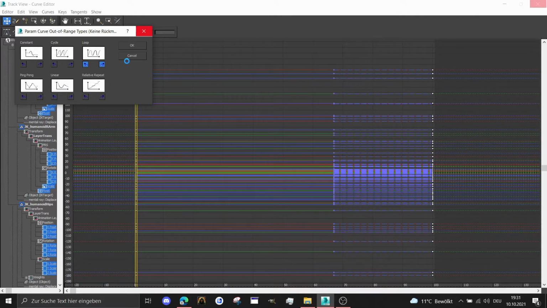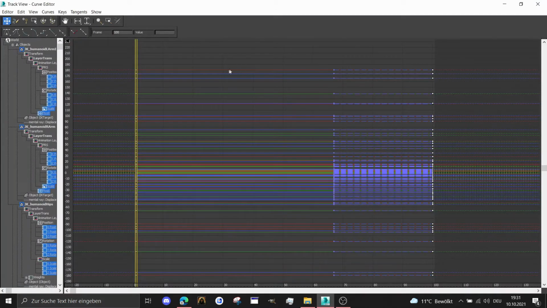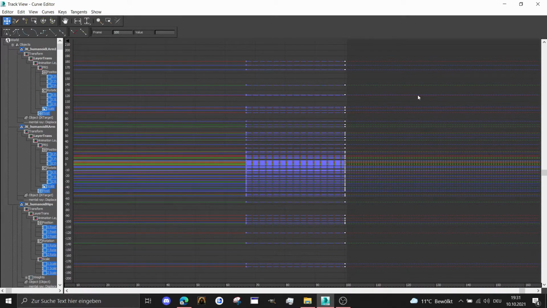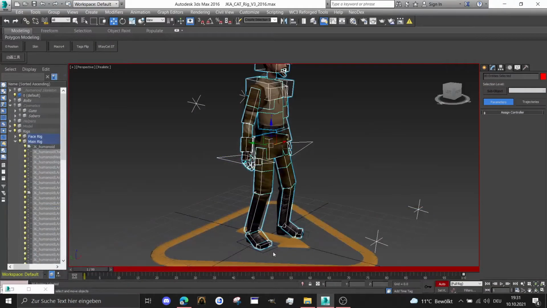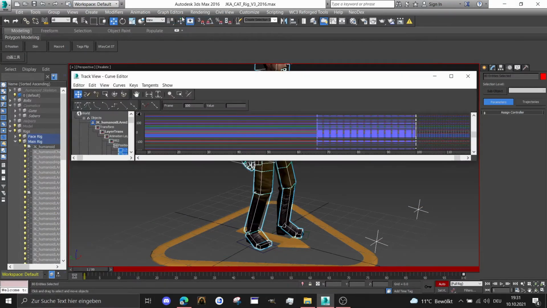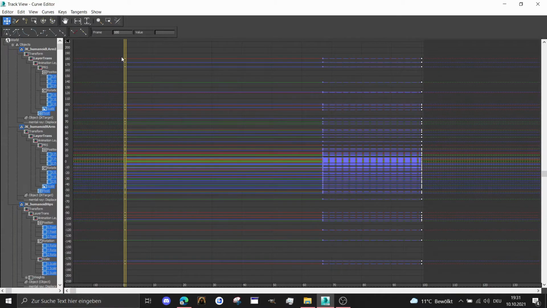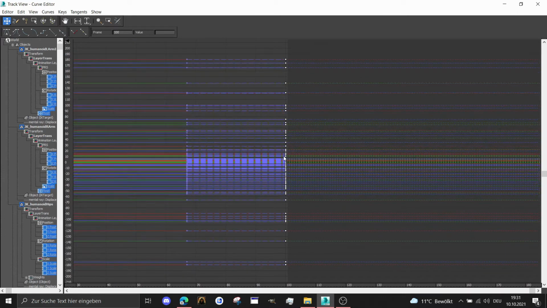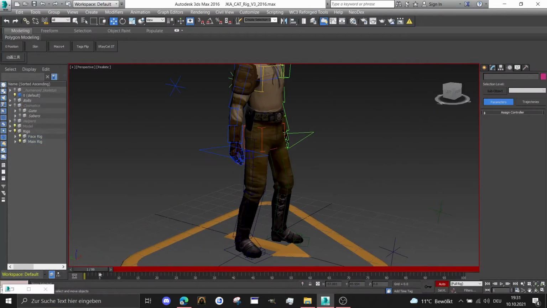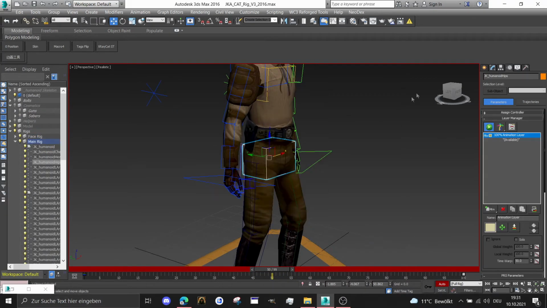So this is gonna take maybe some time. So it's done perfectly. When we change some stuff right now, or better said, we're animating the model, you will see that these are right now aligned, but you will see they will change to curves. And because we changed the out of range types, everything outside of this animation here will also loop. I can show it to you. We go to frame 50, select the hip bone, and then you